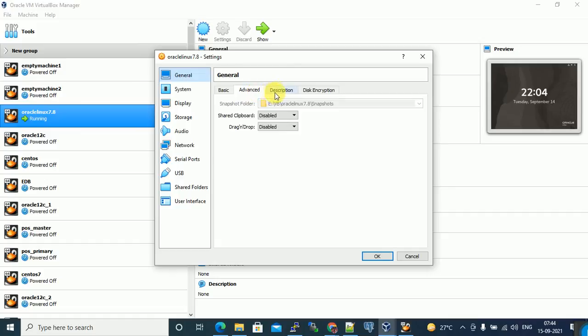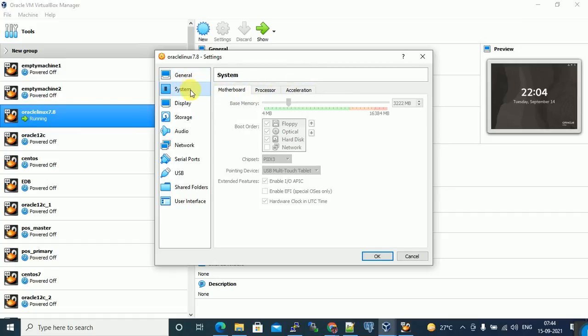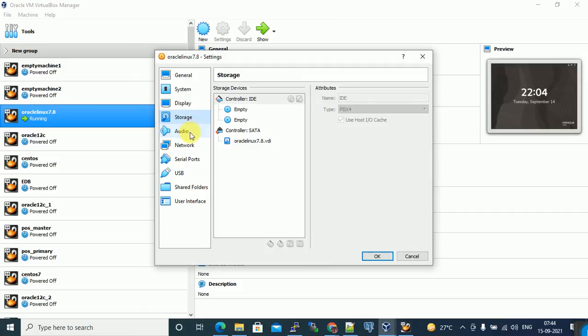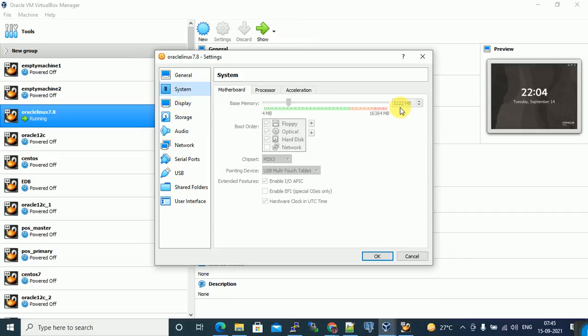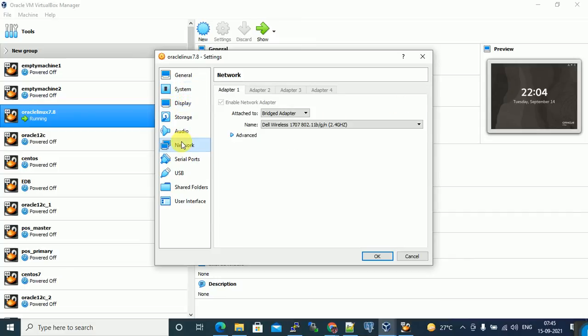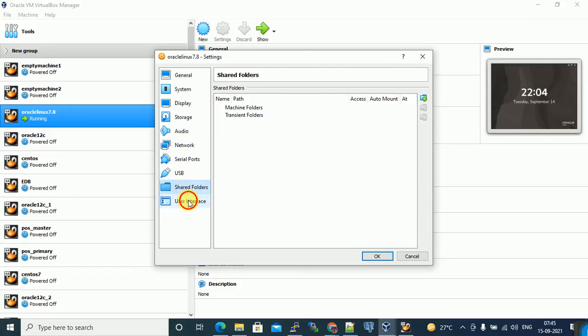In storage, you can see the virtual size is 100 GB. Like this we can assign hard disk. This is the hard disk, and the memory here is 3.2 GB. These are all optional, no need to know all these options.